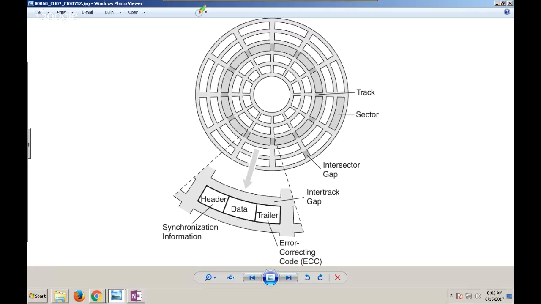First off, as we look at this platter, you notice how we have these concentric circles getting smaller and smaller as we go towards the middle, or getting larger coming out towards the edge, however you want to look at it, okay? The track is probably the first logical piece where we're capable of storing information, okay? We store this data in circles because as a hard drive is moving,